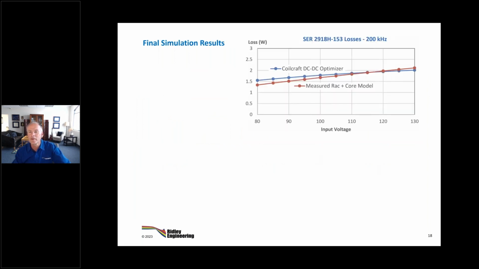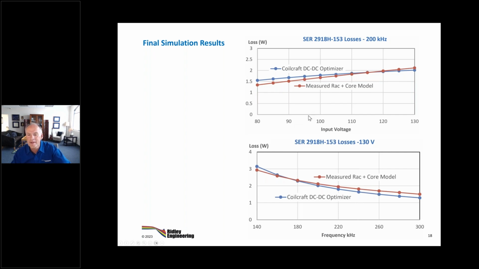There's the final results versus the Coilcraft measured results, or their DC to DC optimized. It's pretty close now, right in the middle. 110 volts input, the nominal voltage input, it's right on top here, and we give a little bit more dissipation at high line. We get a little bit less dissipation at low line.